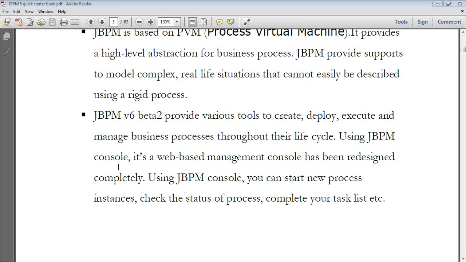But in jBPM version 6, there is a newly designed, good-looking jBPM console. Its UI perspective is based on new features. It's a web-based management console, so you can easily